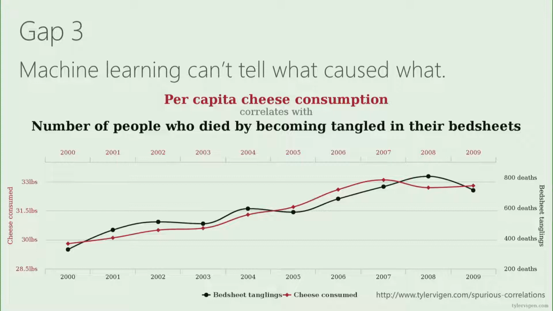But what I want to point out, and this is a subtle but fundamental gap. Once you start seeing it, you won't be able to stop seeing it. This graph doesn't say that at all. It's equally plausible to claim that people dying by bedsheet strangulation causes those around them to eat more cheese. This doesn't actually suggest either one of those. It just says, hey, they happened to move in the same way over the same period. Draw your own conclusions. It would require additional experimentation to establish either one of those causalities.